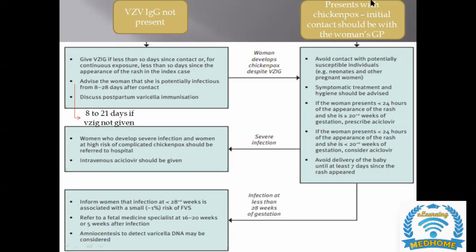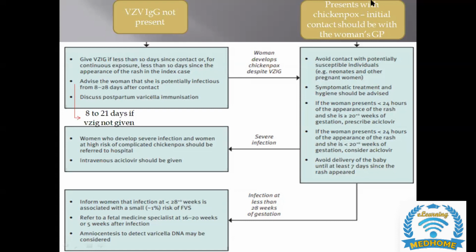We are not going to terminate the pregnancy. We are only going to check if the woman has fetal varicella syndrome or not, because we are basically concerned about neurological abnormality, which has a high morbidity and mortality. Even if it is less than 1%, we are not going to terminate every woman who has a chickenpox pregnancy. We are only going to diagnose. If it is fetal varicella syndrome, then we may need to terminate.